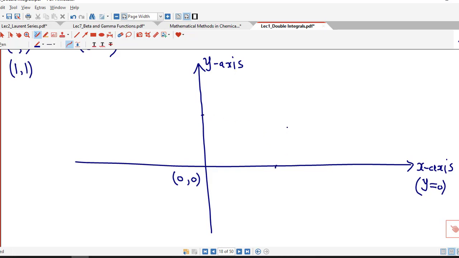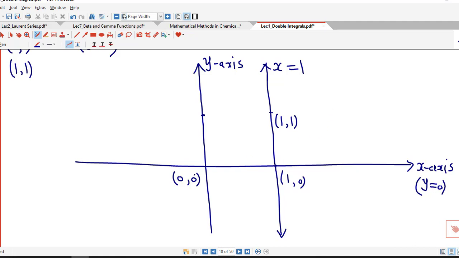So first we consider the line parallel to the y axis at distance 1, which is the line x equal to 1, and this point is (1, 0), and because this distance is 1, this point is the ordered pair (1, 1),